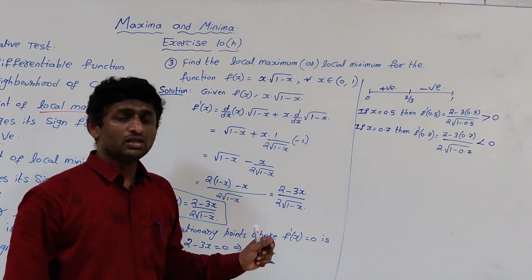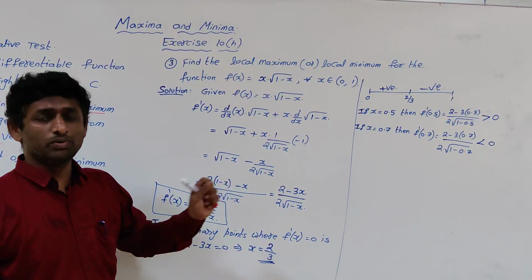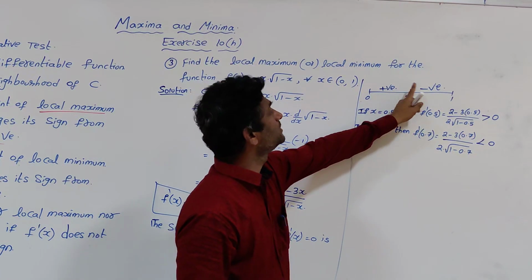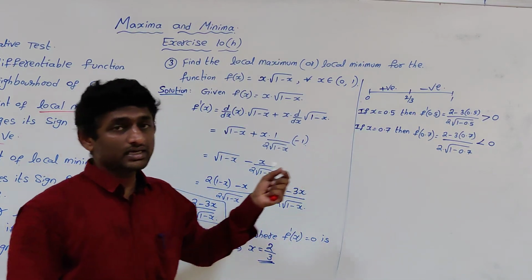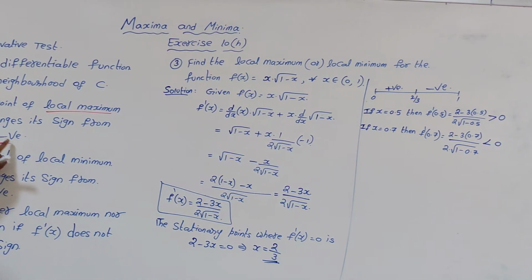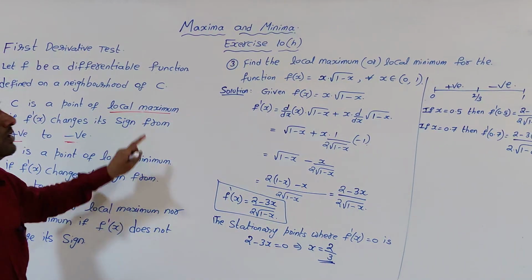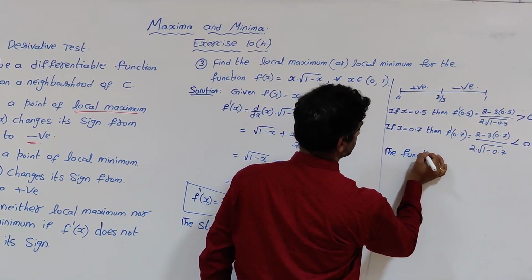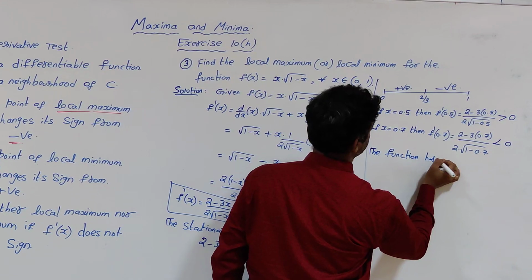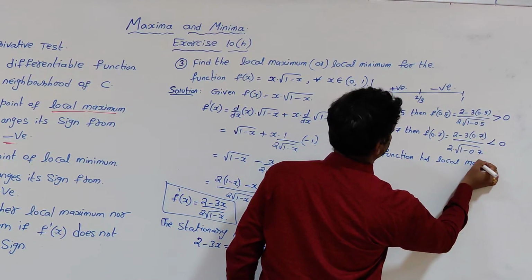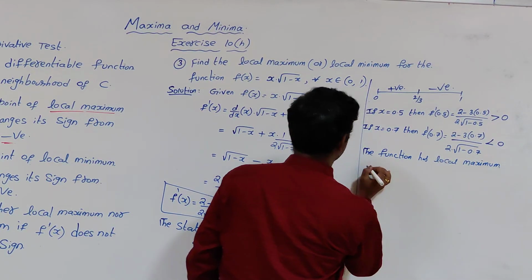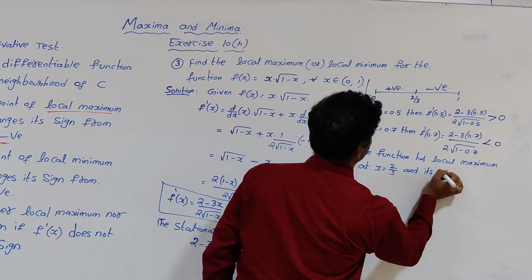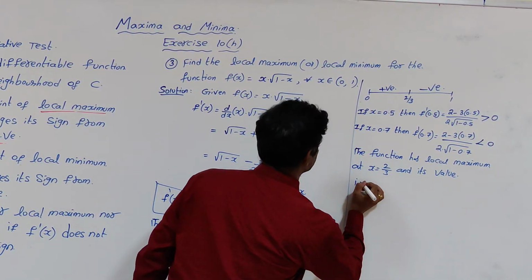Means what? The sign changes at 2 by 3. As there is a change in the sign from positive to negative at x equal to 2 by 3, what can we conclude? From positive to negative means we can have a local maximum. By using the first derivative, the function has a local maximum at x is equal to 2 by 3, and what will be its value? It is f of